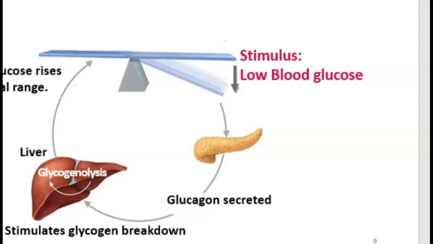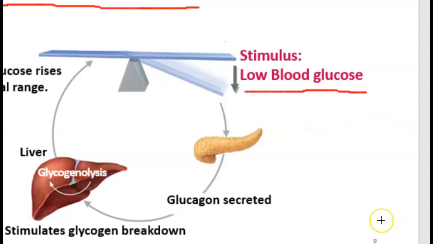Okay, let's look at the other hormone made by the pancreas now, and it's glucagon. So we're going to look at its action. So glucagon, remember, its overall effect is to raise blood glucose. The stimulus for its release is low blood glucose, and it acts on the liver, causing the liver to break